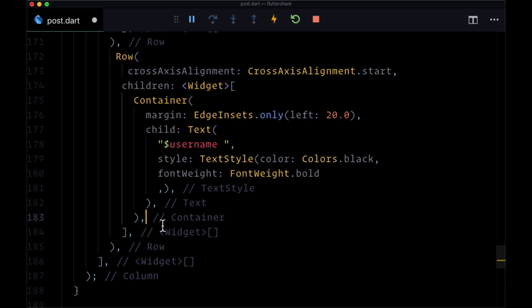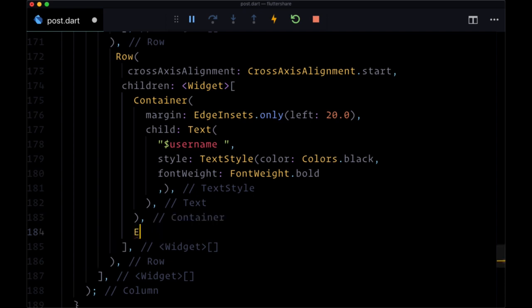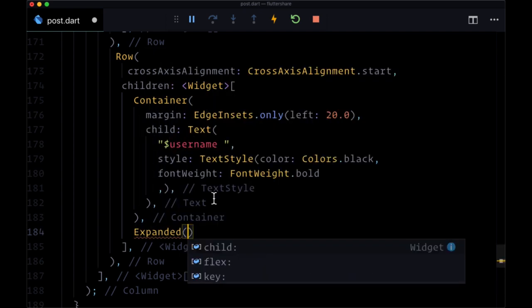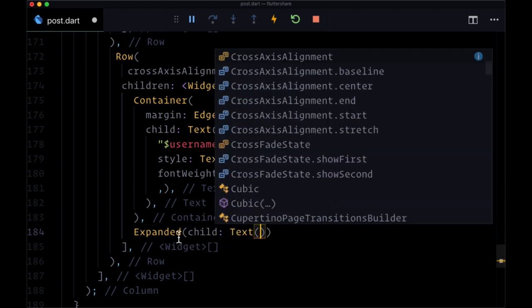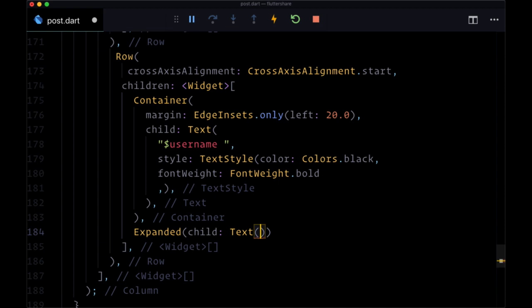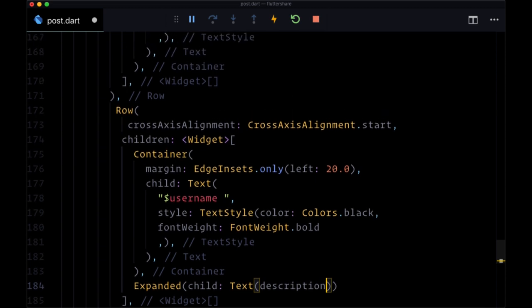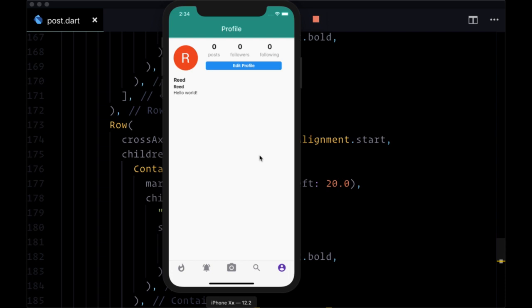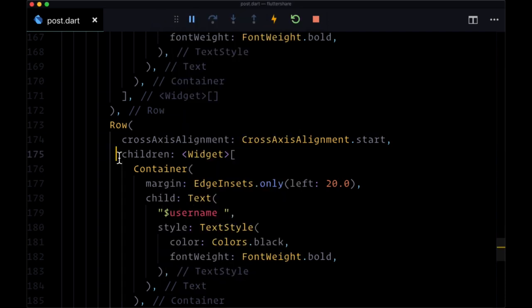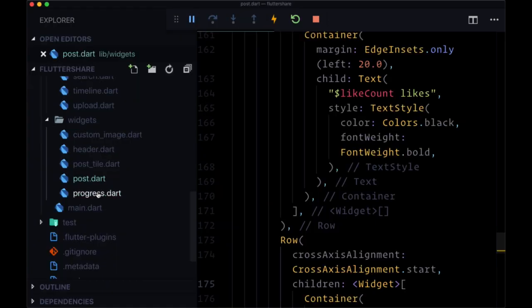And after this container, right next to the username of who made the post, we'll have their description by using an expanded widget, and for its child set text to description. And with that, we should have our completed post structure. And now we'll save. We won't see anything just yet because we need to fetch all of our posts within our profile page. So right now, let's head back to Profile,